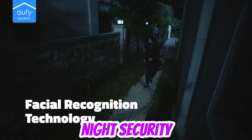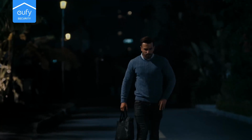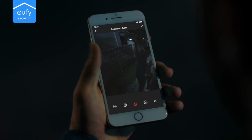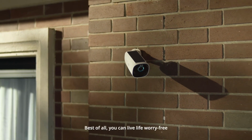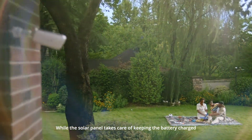Night security. The Starlight sensor feature enhances clarity in low-light conditions, allowing nighttime recordings in color or infrared. The activation of the spotlight upon detecting motion provides sharper images and acts as a deterrent. Additionally, the anti-theft alert system is activated when someone tries to tamper with the camera, sending immediate notifications to your